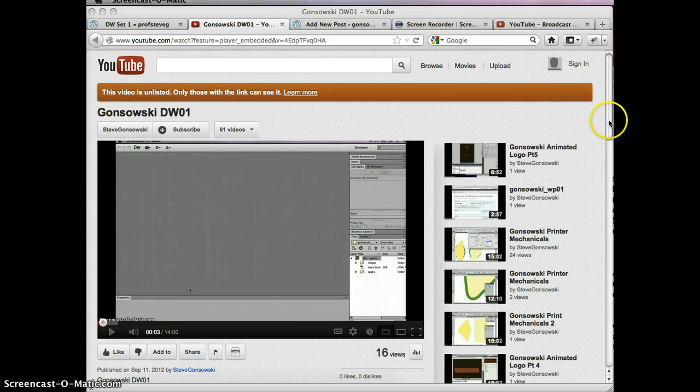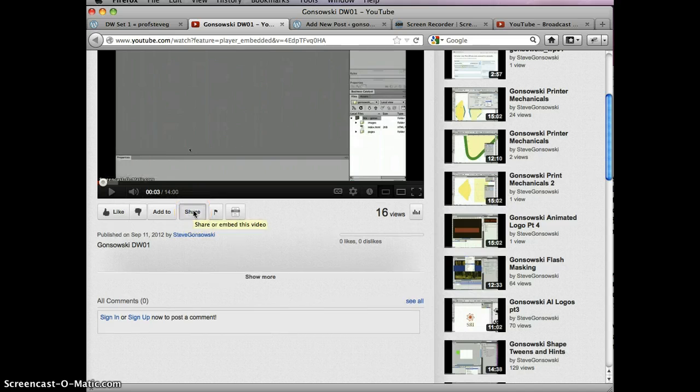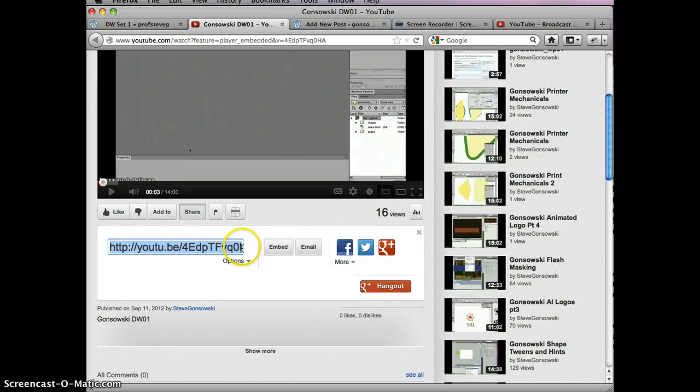Okay, now that I found the video in YouTube, what you want to do is go down to this share button that shows up below the videos, and what that does is it gives you the embedding information for the video. So copy what's inside of here. A real safe way is to just put your cursor in there if it's not highlighted. Well, they make it pretty easy, so it's already highlighted. So anyway, Command C to copy. Go back to our WordPress site,